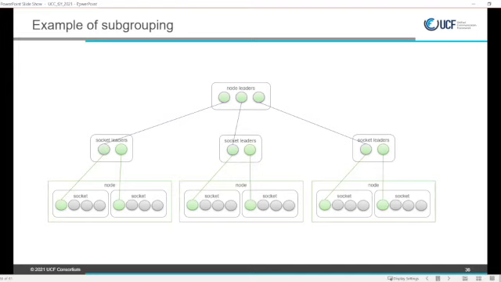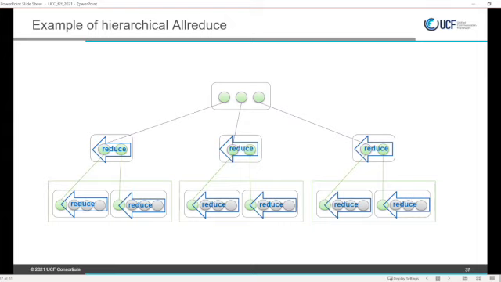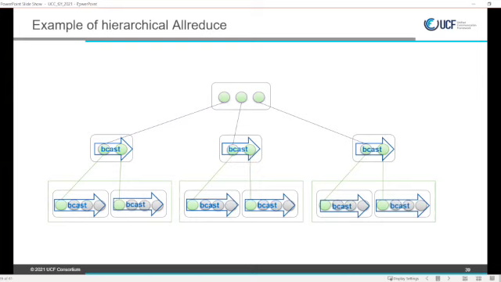Here's an example, the 5-step Allreduce, the standard way you do the Allreduce over such a hierarchy. You start with the reduce operation inside the socket subgroup. After that step, socket leaders have the local reduction. Then they do the reduce in the group of socket leaders, and then the node leaders do the Allreduce on top. After that step, each node leader has the total result of the Allreduce, and they just need to broadcast it down the hierarchy. So first the broadcast goes in the socket leader subgroup, and then within the group of the socket.